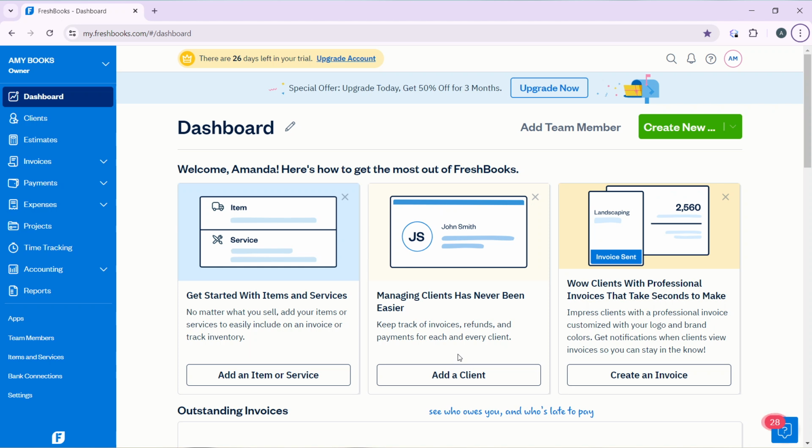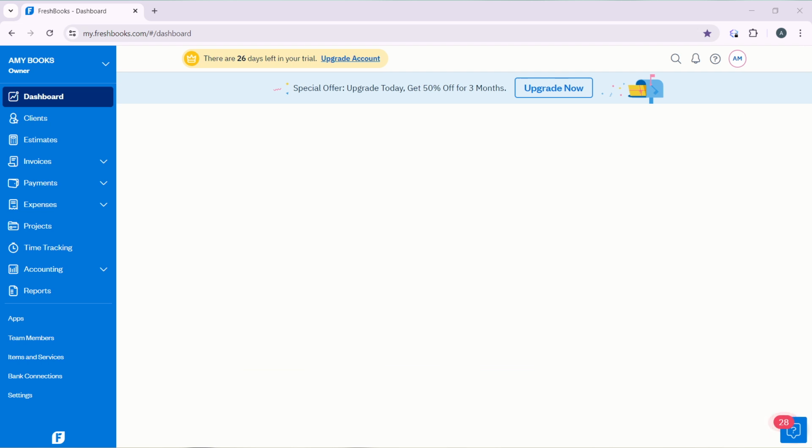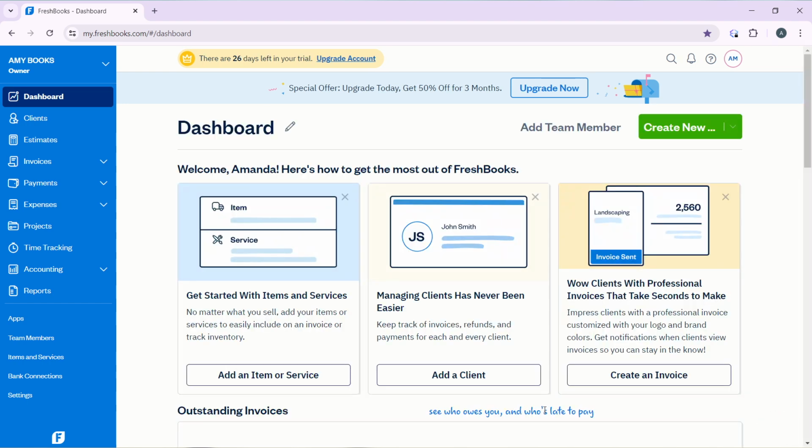So now that we're here, let's quickly hop into today's task, and that is how to add advanced payments in FreshBooks. So from this homepage, I'd like you to head over to the left navigation panel where you have a couple of features which include dashboard. You have clients, you have estimates, invoices, payments, expenses, projects, time tracking, accounting, reports, and all the way down to